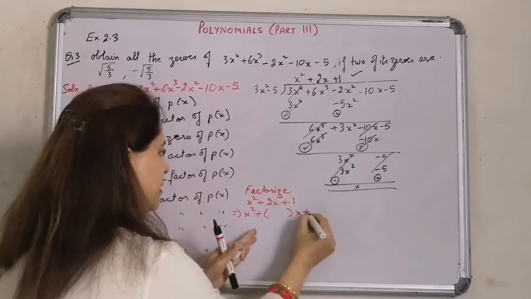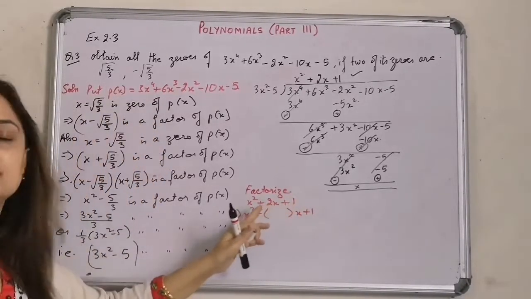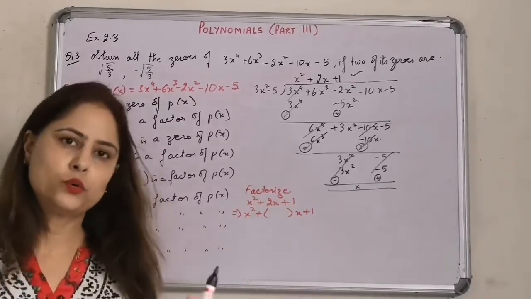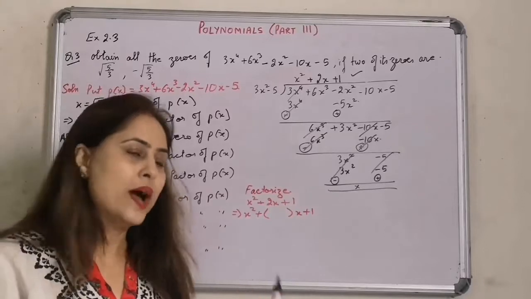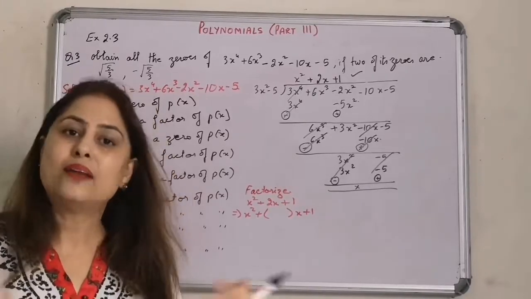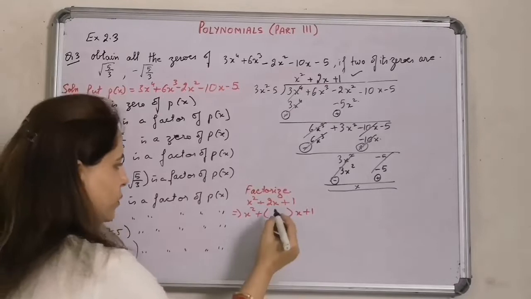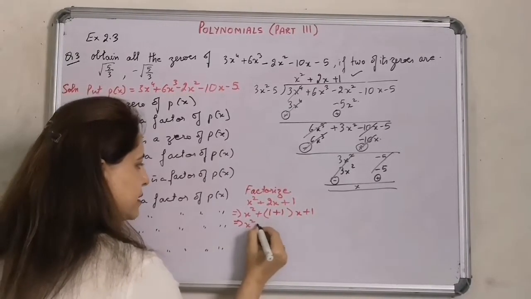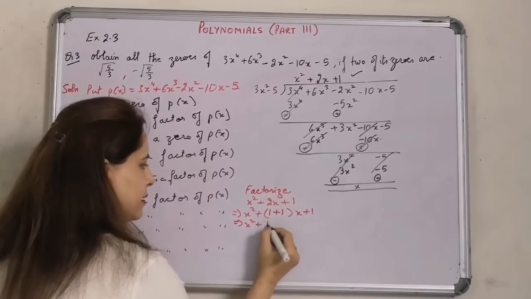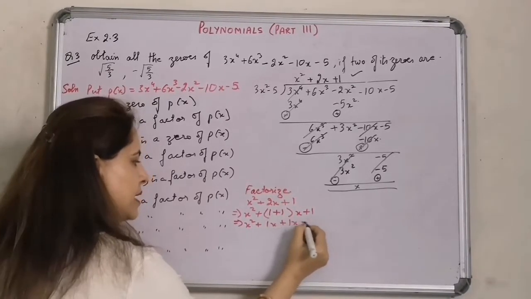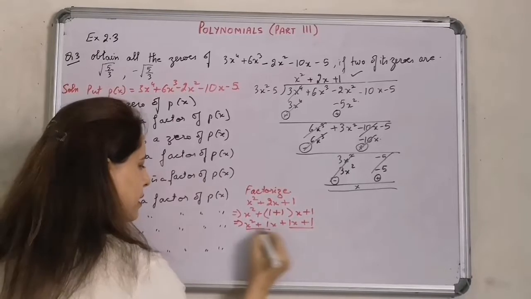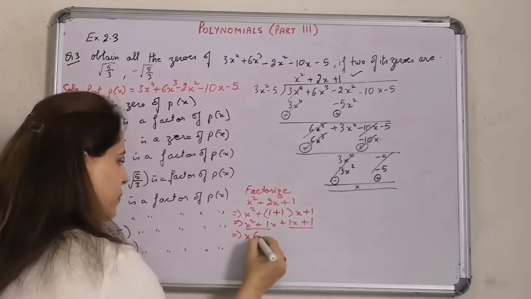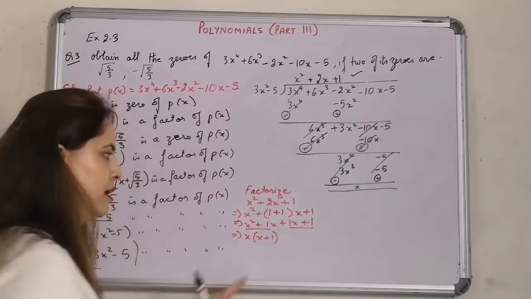We need a number which, when multiplied, gives 1 into 1, that is 1, and when added or subtracted gives 2. So obviously in this case 1 plus 1 is going to give us 2 and 1 into 1 naturally is 1 only. So we have 1 plus 1 here. Open up the bracket, we get x square plus 1x plus 1x plus 1. So taking it in pairs, in the first two we have x common, we get x plus 1 in the bracket.